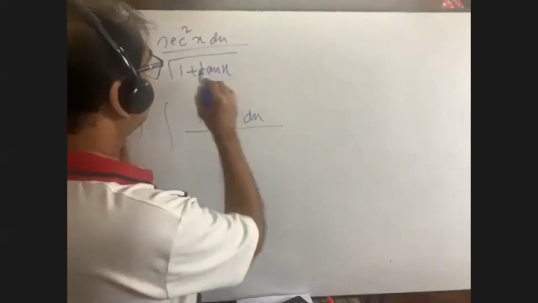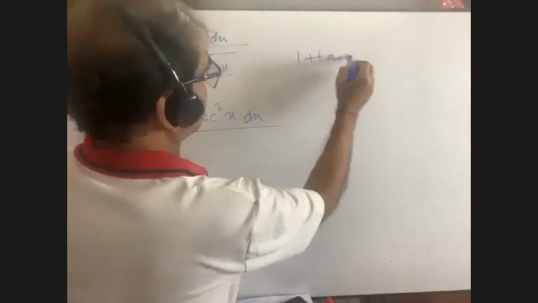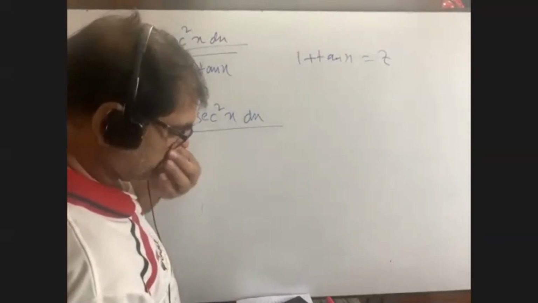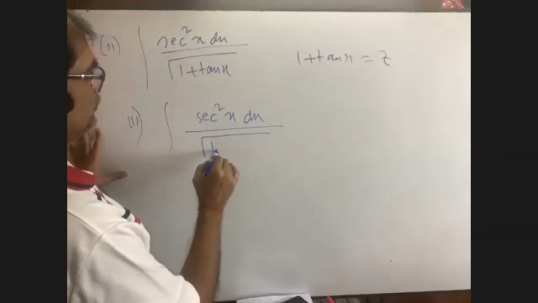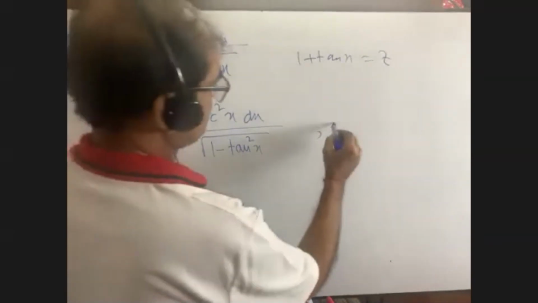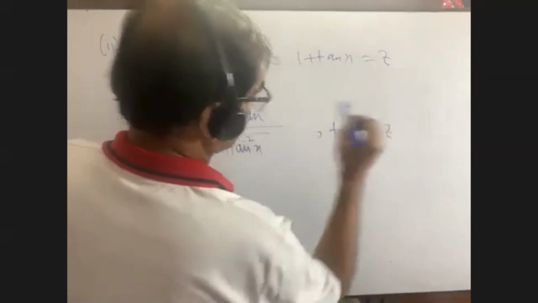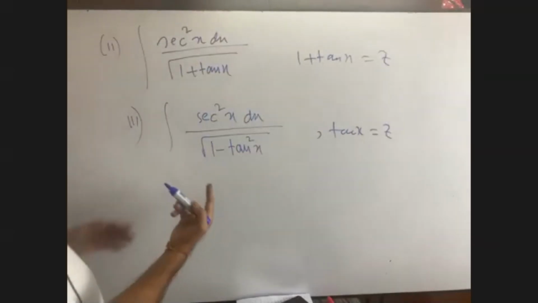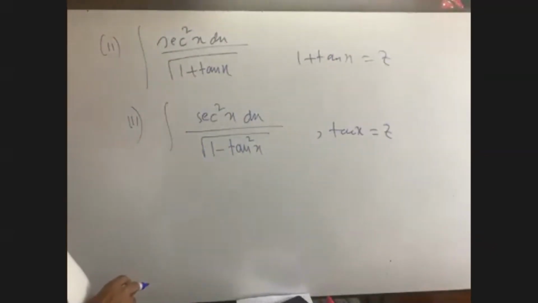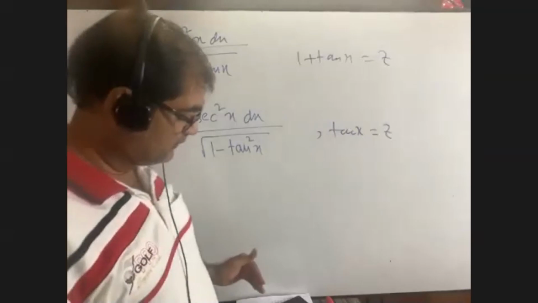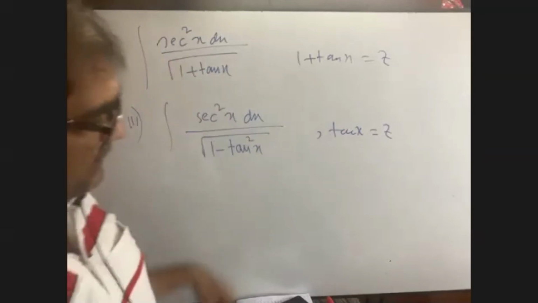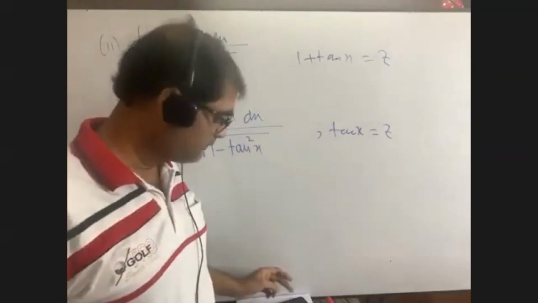Here in this question, 1 plus tan x will be letter z. And in this math question number 3, it is root over 1 minus tan square x. But here you see only tan x will be z, letter z. Only tan x. If we know which one is to be letter z, then the math will be easy, right? Now, other maths are wholly and fully of different taste. This type of maths are done. Now you just let me know which number.